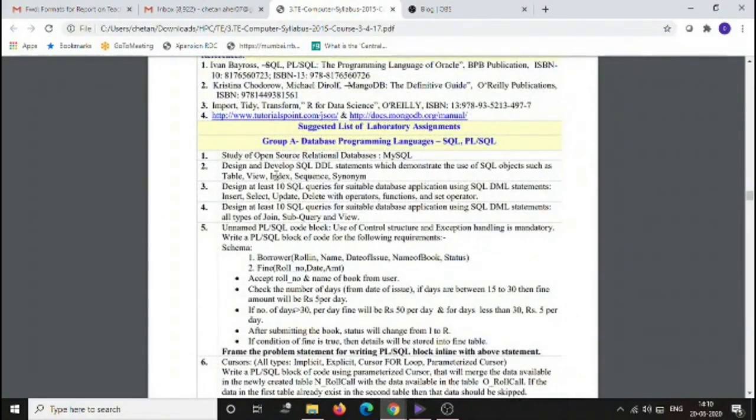For today's session, we will discuss MySQL only. As it is an open source relational database and you are all staying at home, probably you might have your own laptops with the Windows 10 operating system. So today I will demonstrate the installation of MySQL